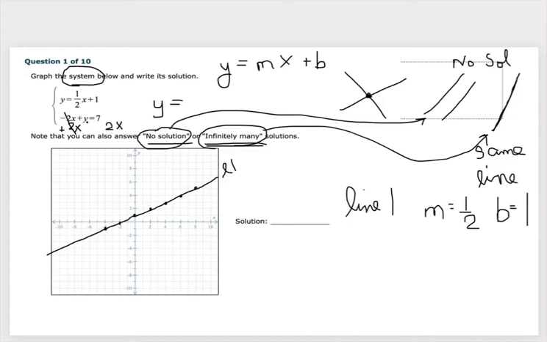We're going to be left with y equals 2x plus 7. So now we have a 7 y-intercept right here. So b equals 7, and slope is 2. This is line